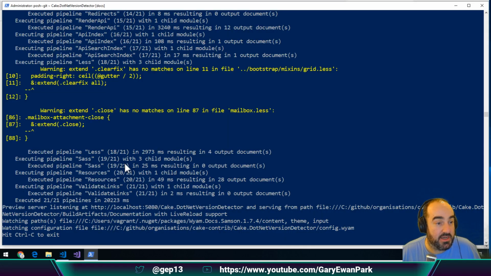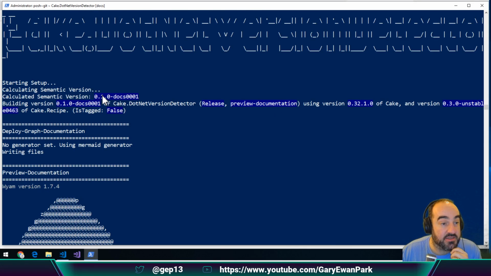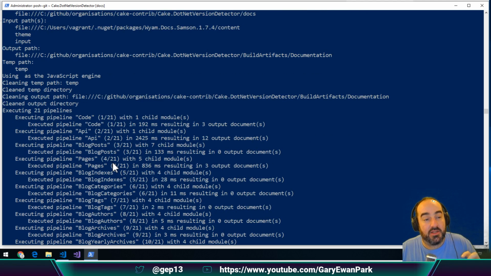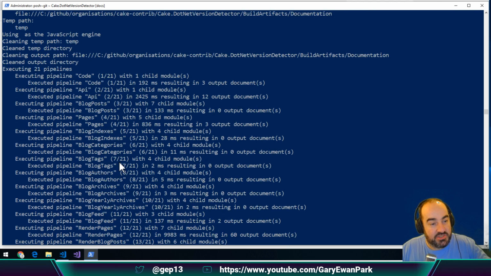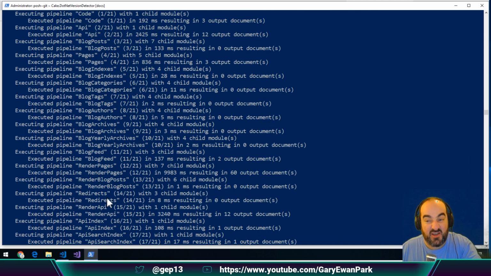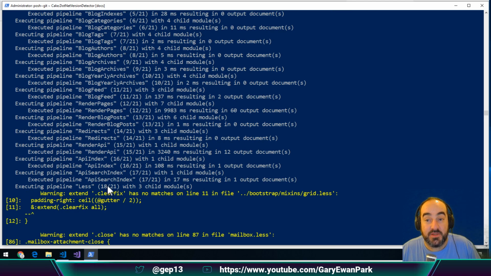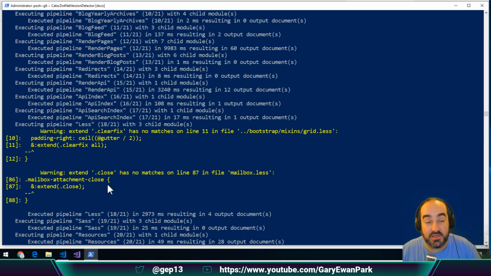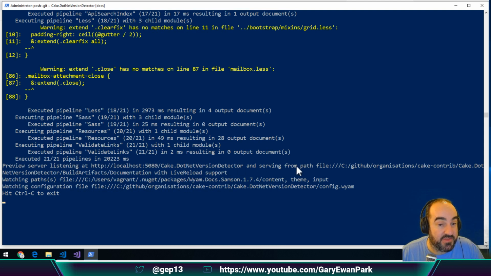So let's just check to see how this is going on. So the YAM build has completed. It's executed all these various pipeline steps to look for blog posts, pages, categories, archives, lots of stuff, all of which has been soaked up into Cake.Recipe, so you can just run Cake.Recipe and have all of these things available to you. So the end result of that is it's added a web server, and it's listening on port 5080 for